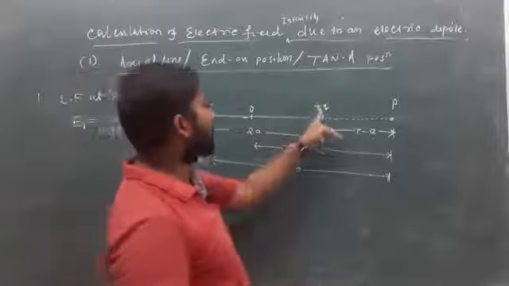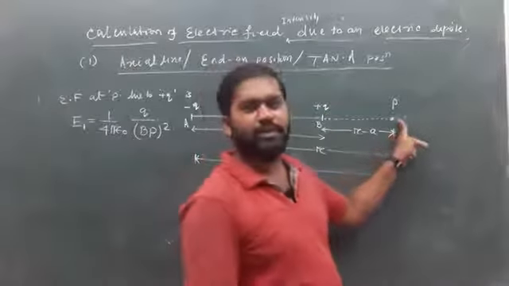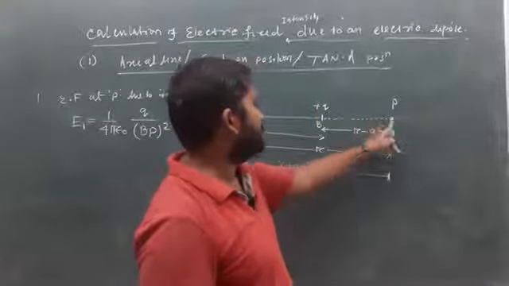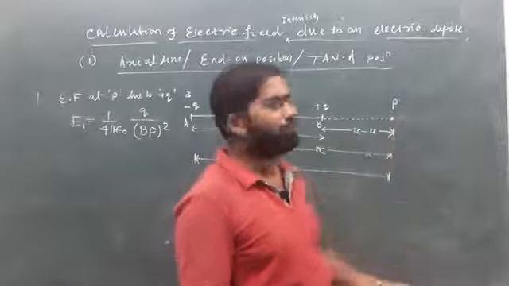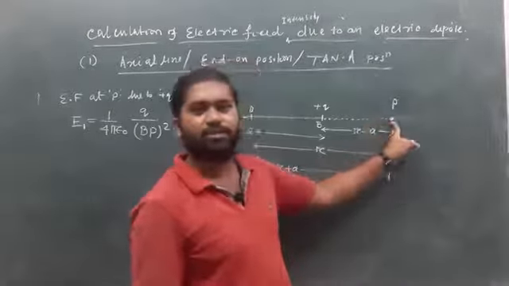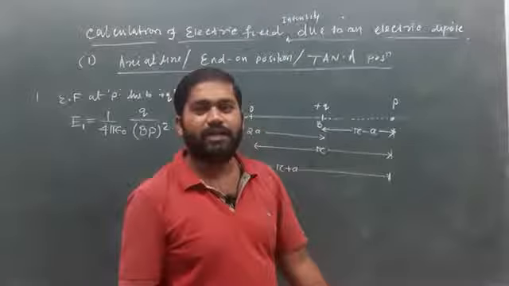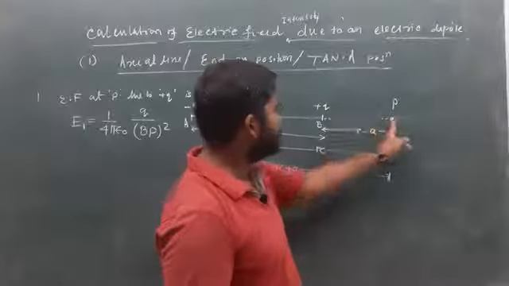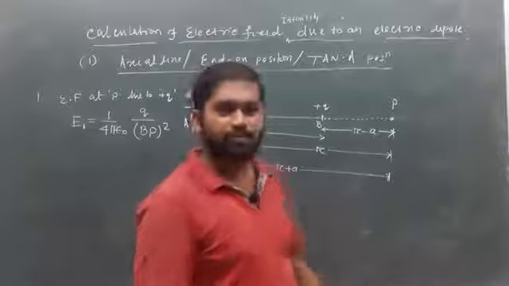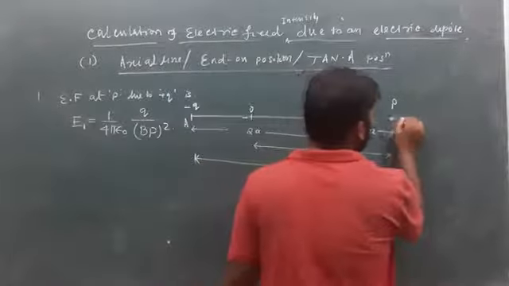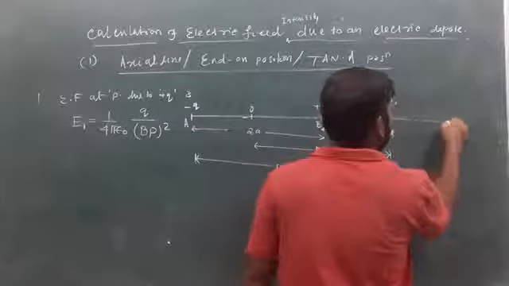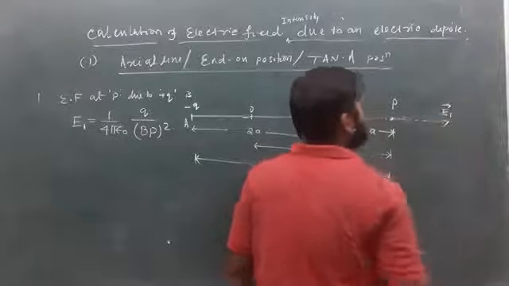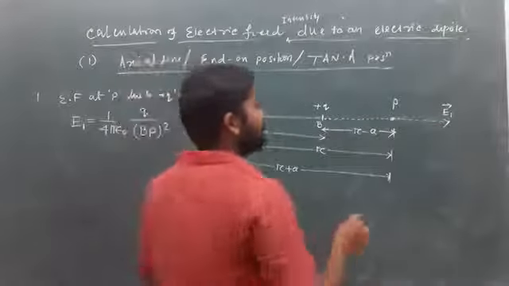What is the direction? Q is positive, and at point P there is a unit positive charge. So when we find the electric field at point P, that unit positive charge is subjected to a force. This one is positive and here there is also a positive charge, so it will give a repulsive nature. The resultant force will be repulsive, so the direction of E1 is away from the point of observation. That is the E1 vector, okay.